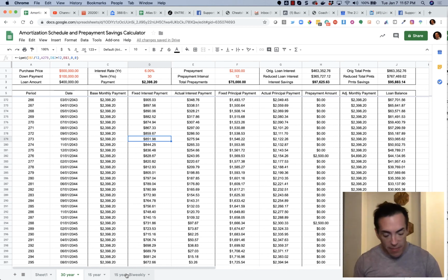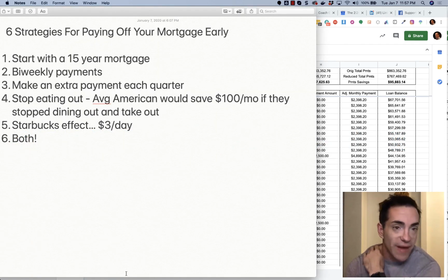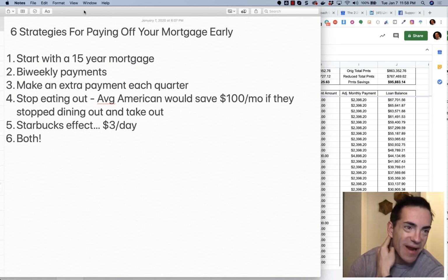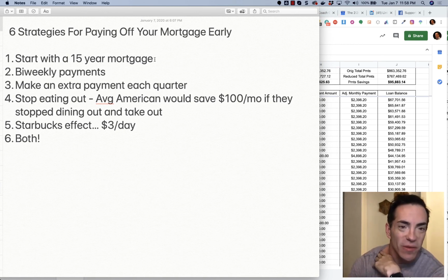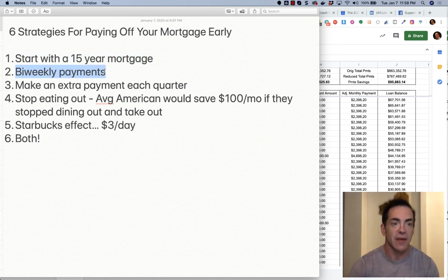So that said, let me pull up for you the 6 strategies that I found online related to paying off your loan faster. The first one, and this was the one that right out of the gate broke the spreadsheet, was starting with a 15-year mortgage, basically restructuring the entire loan to be based around 15 years rather than 30. The next strategy was bi-weekly payments, which is kind of a sneaky little strategy that you can